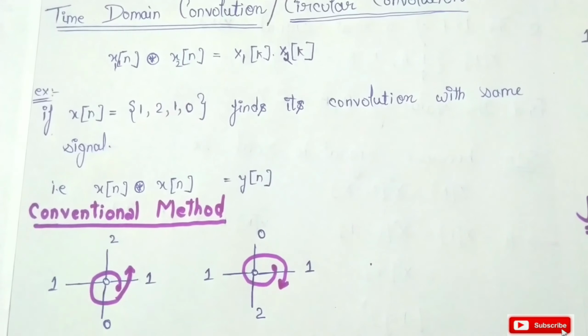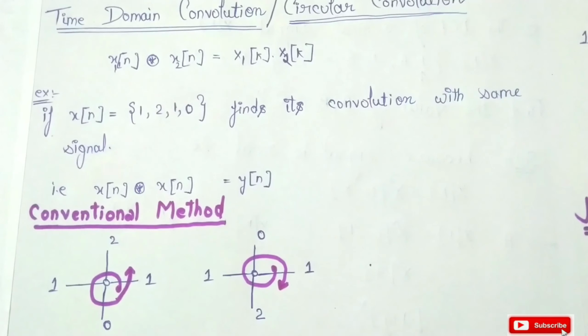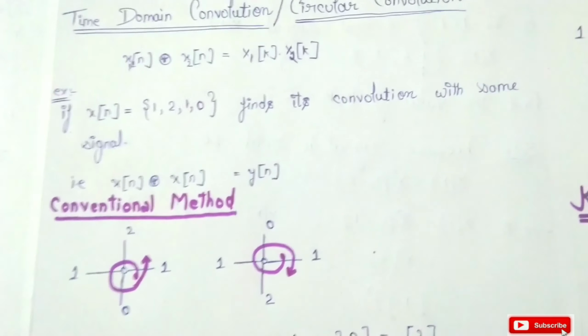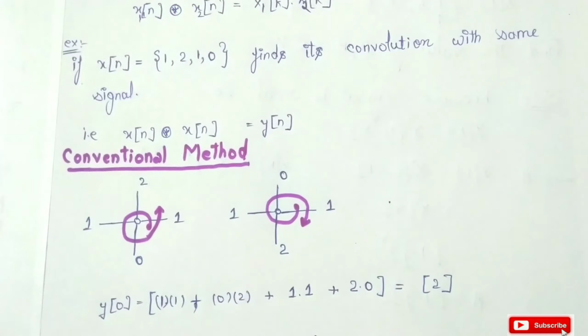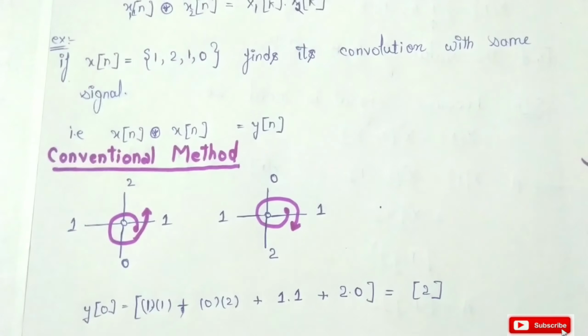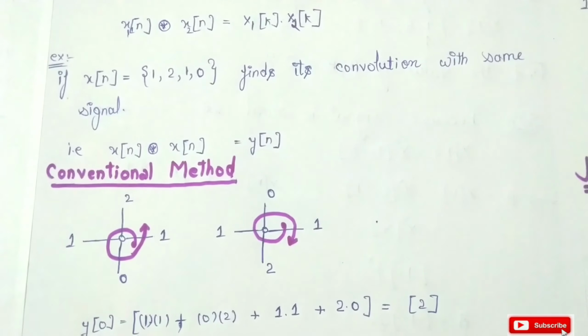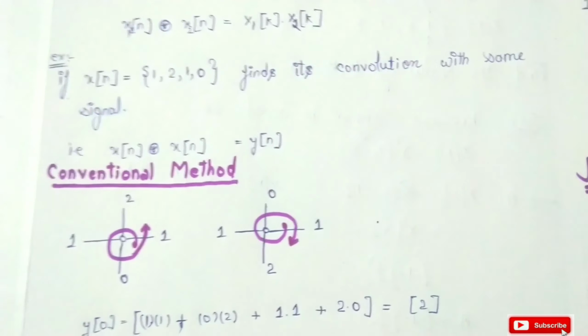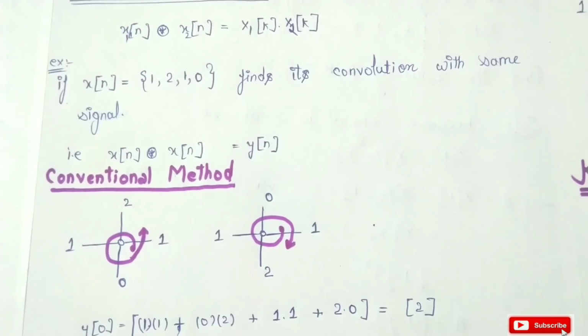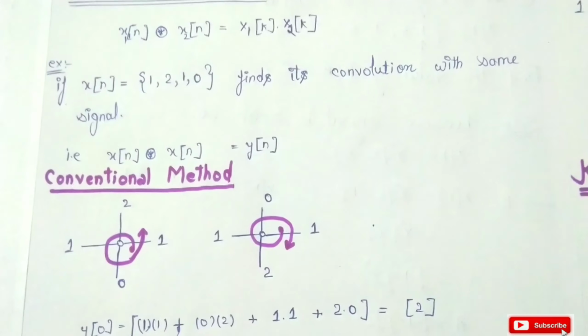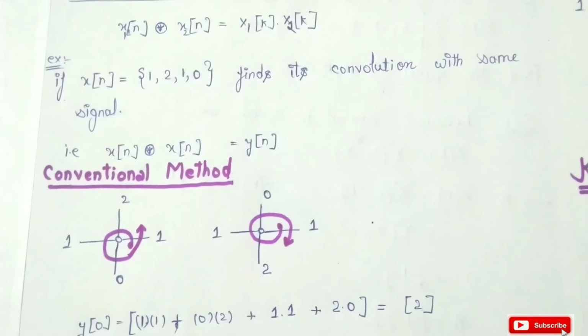फाइंड इट्स कन्वोल्यूशन विद द सेम सिग्नल। सो x ऑफ n कन्वॉल्व विद द सेम x ऑफ n। सपोज हमारा y ऑफ n आ रहा है। सो हम अपने सिग्नल को दो बार लिखेंगे, लेफ़्ट साइड एंड राइट साइड। लेफ़्ट साइड पे जो हमारा सिग्नल है उसे हम एंटी क्लॉकवाइज लिख लेंगे 1 2 1 एंड 0। सेकंड जो सिग्नल है उसे हम क्लॉकवाइज लिखेंगे 1 2 1 एंड 0।